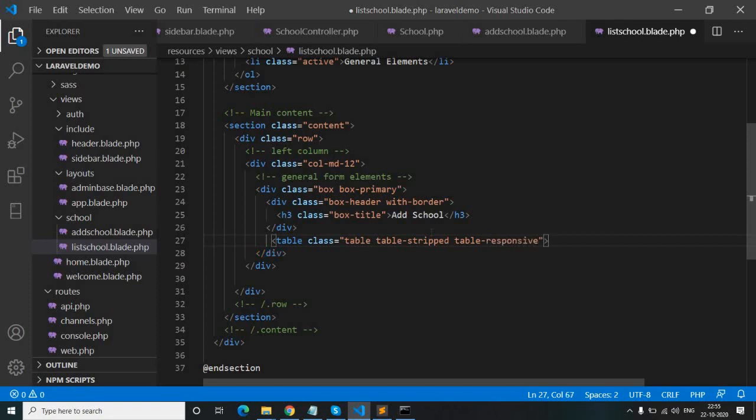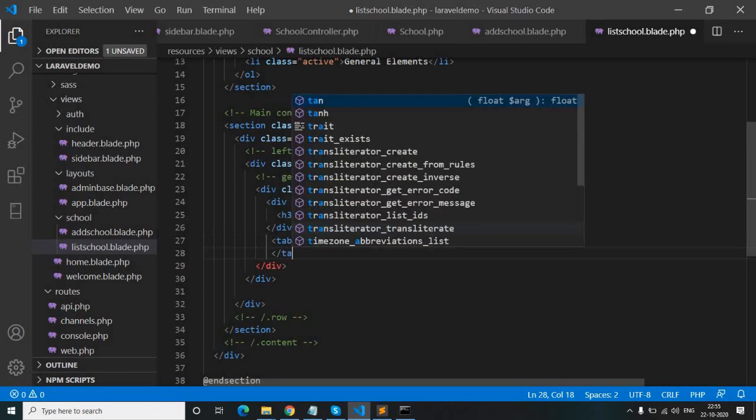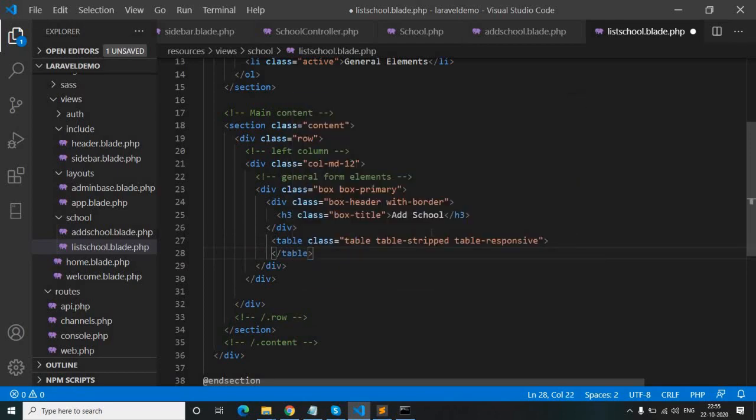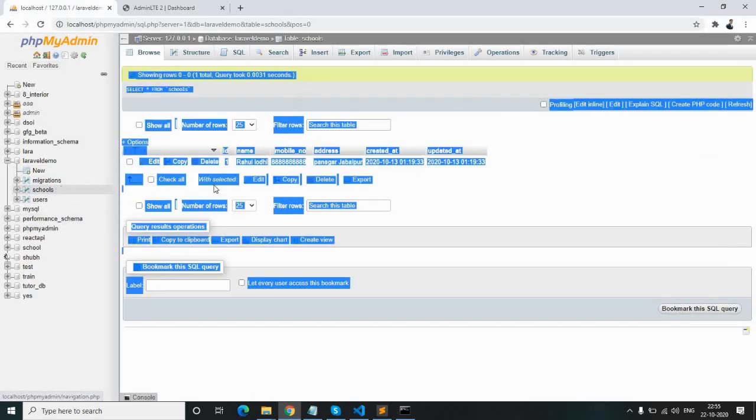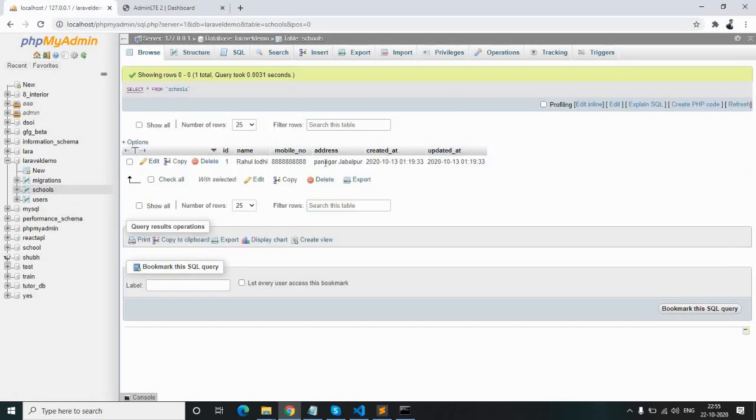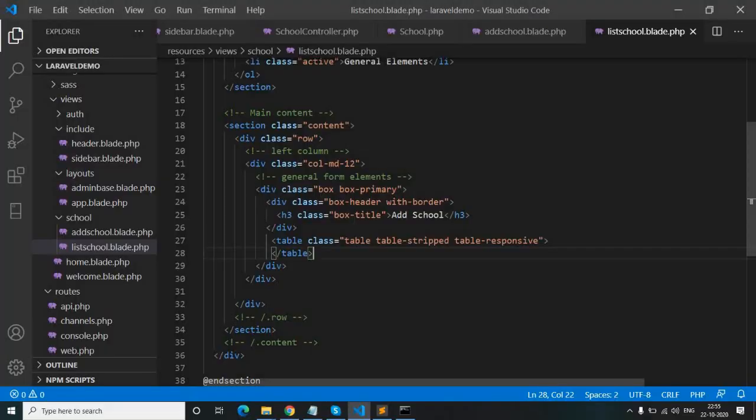Okay, table. So what do we have to show in this table? There are three columns here: name, mobile number and address. So we will show these here.